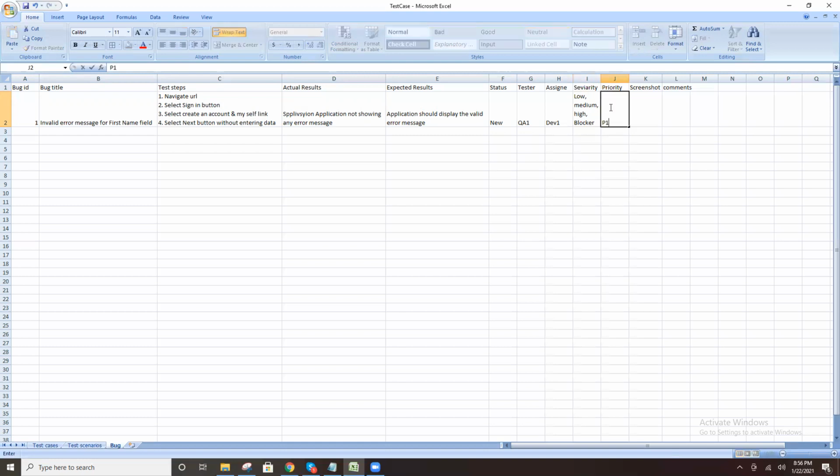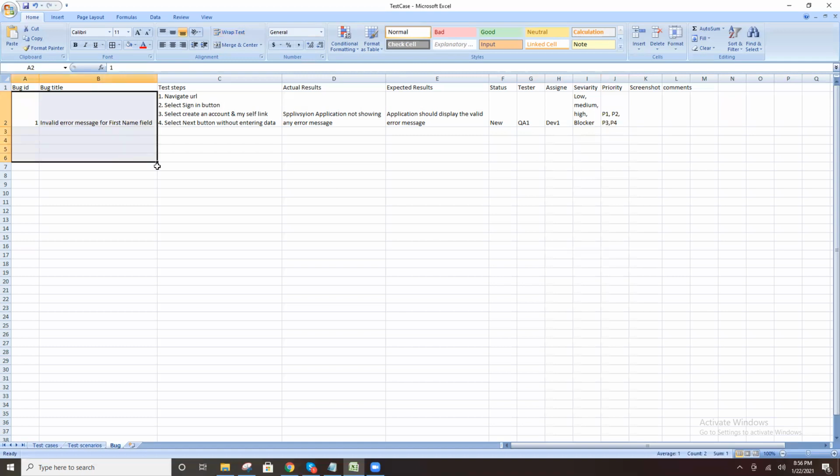The developer will set the priority, P1, P2. In our organization there are four priorities: P1, P2, P3, P4. The developer is responsible for setting the priority. For example, four bugs are there.